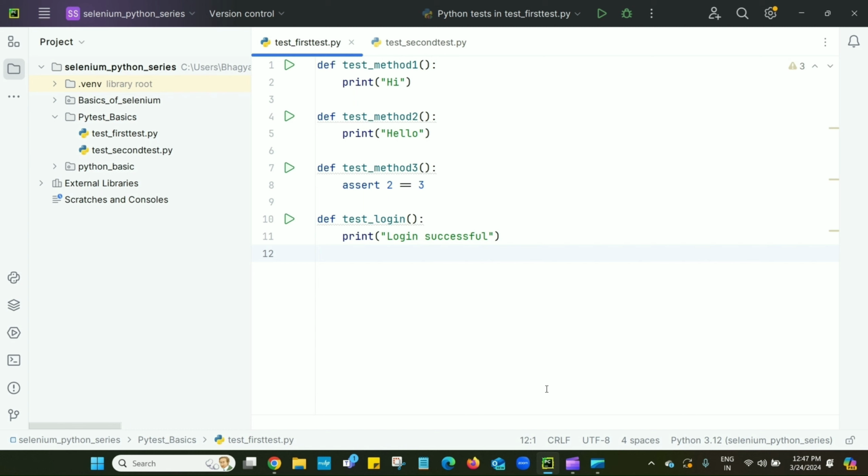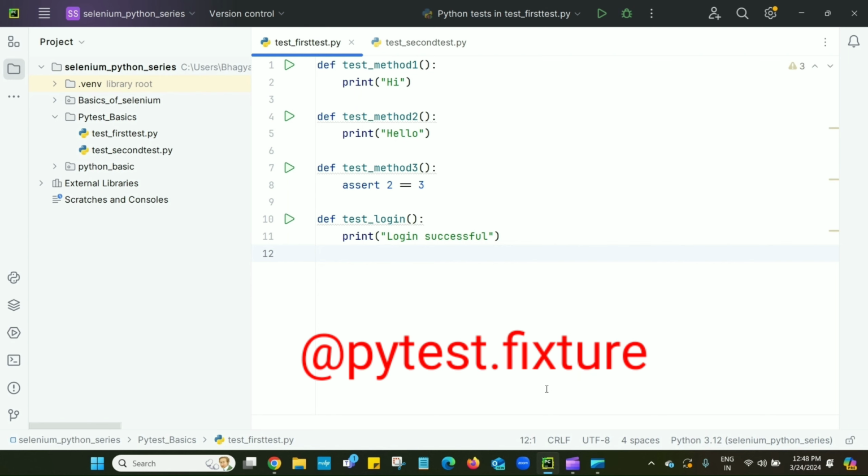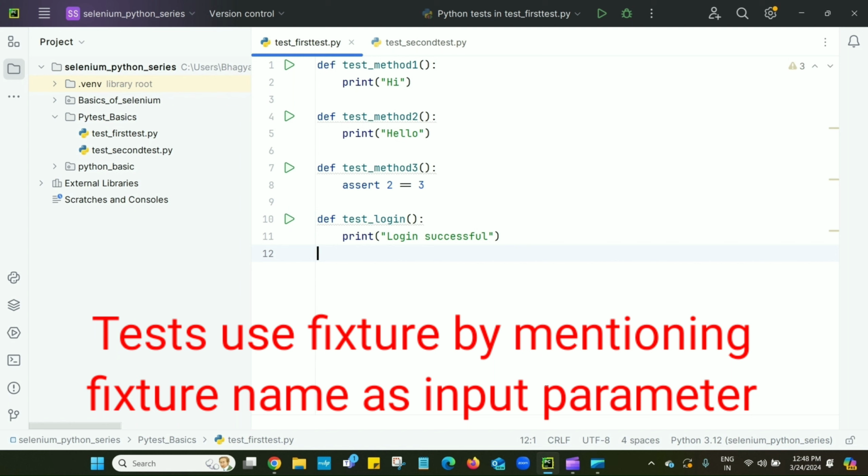This cleanup activity and launching the application is common for all test cases. Instead of writing the login code for each test case separately, we can use fixtures and write the login and browser closing code into the fixture, and we can apply it to all the test cases. So we can mark a function as a fixture by using the annotation @pytest.fixture, and a test function can use that fixture by mentioning the fixture name as an input parameter.